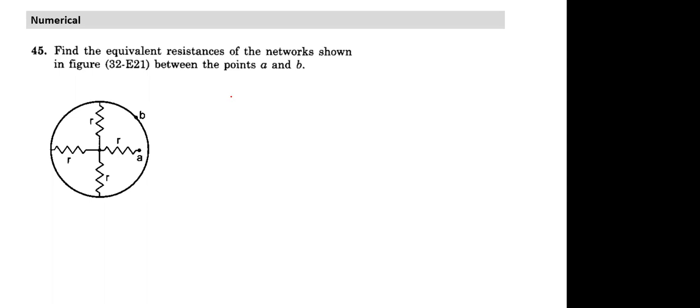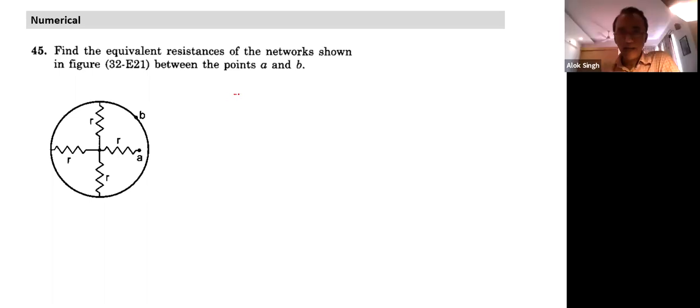See again, mentally, what do we start with? We look for something in series, easy, same current flowing through, direct connection. Then we look for parallel, and sometimes the circuit is a little confusing. What we do is redraw if we are not able to identify. If that doesn't work either, then we look for symmetry. And if not symmetry, we look for Wheatstone bridge. These are various combinations. If none are there, we can always go for the next question. No, there's another method also.